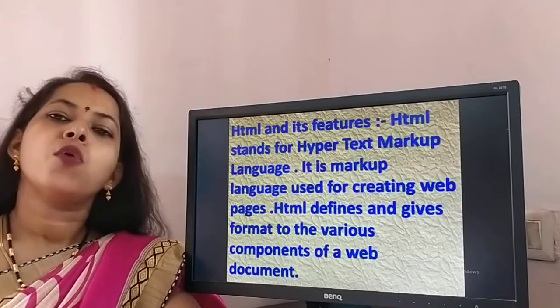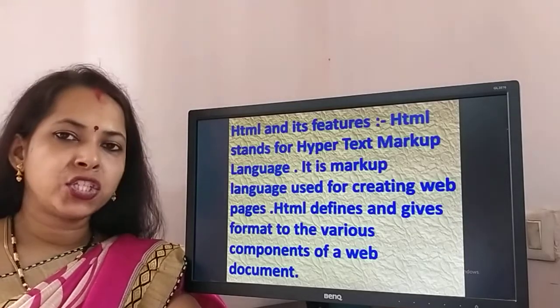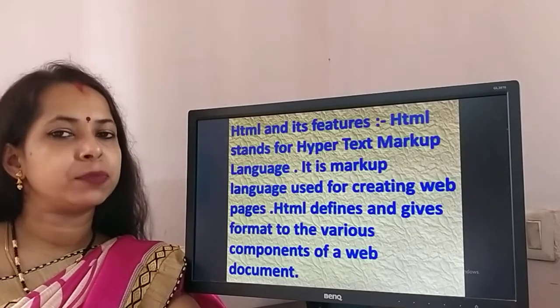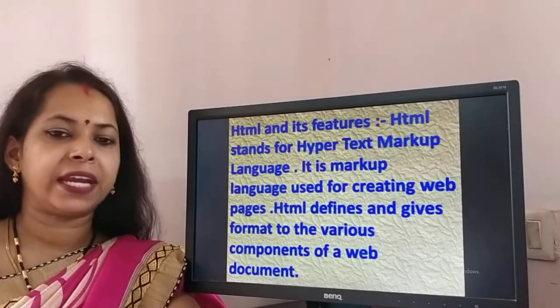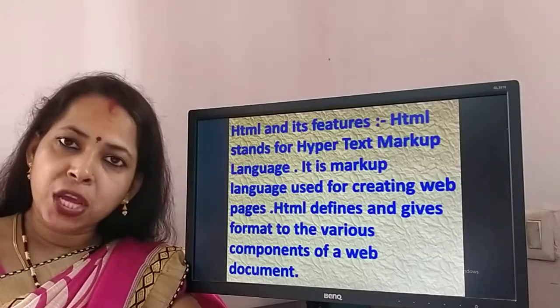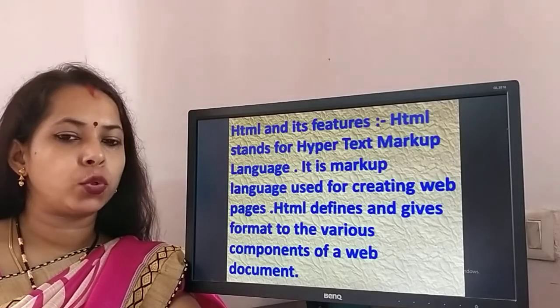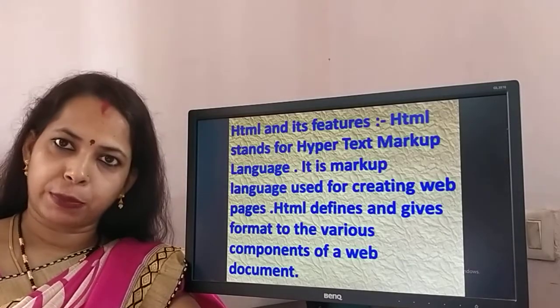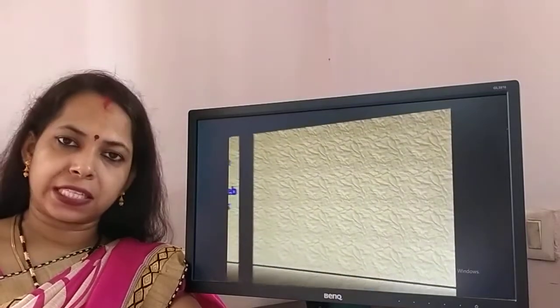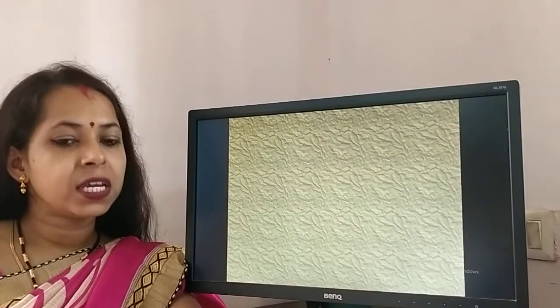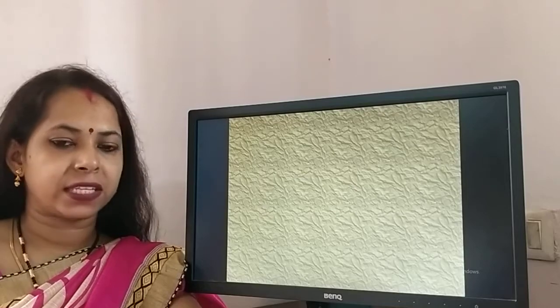First, children, what is HTML? HTML stands for Hypertext Markup Language. It is a markup language used for creating web pages. HTML defines and gives format to various components of a web document. First of all, what is hypertext? HTML uses hypertext.